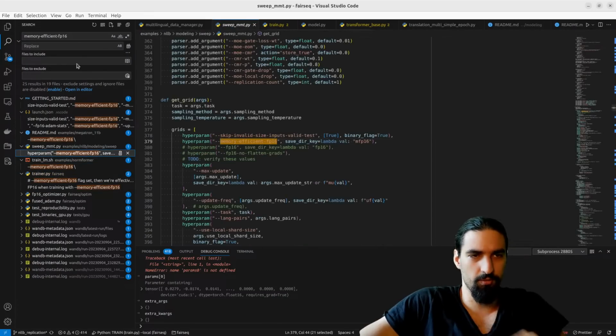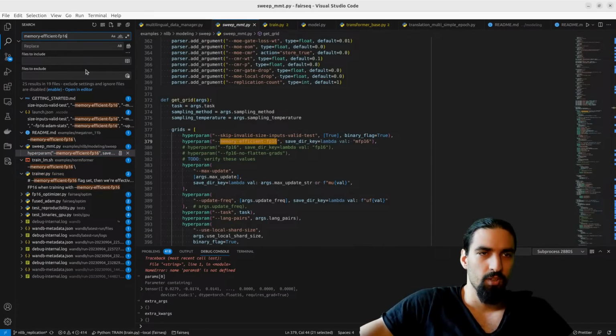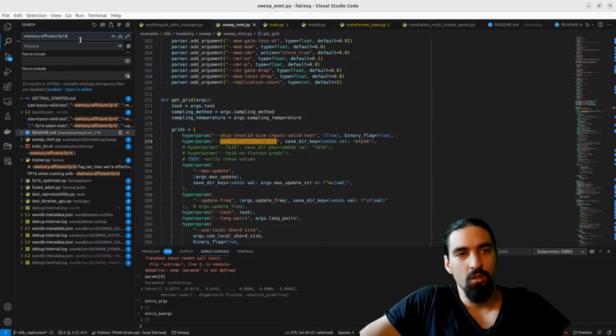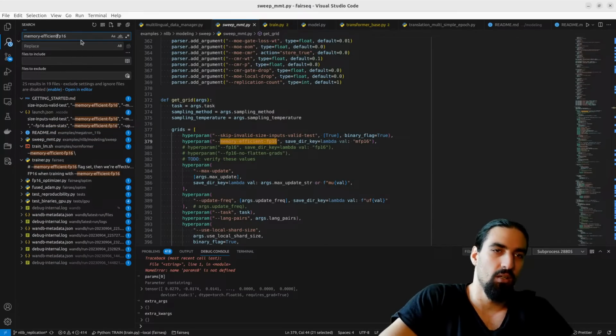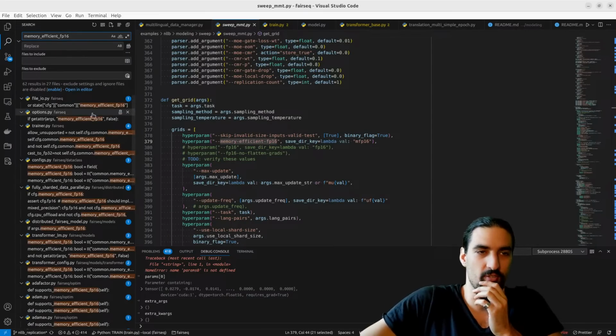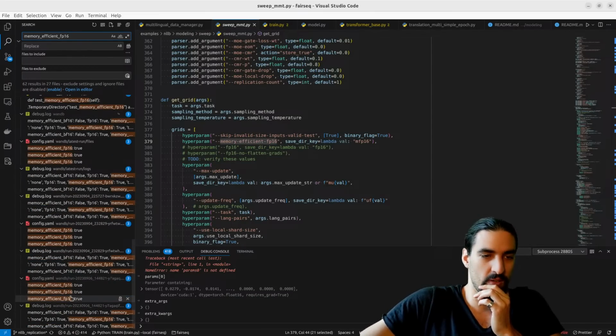Memory efficient. So we saw that a part of this is just loading the model in half precision. But isn't that just half precision? What's memory efficient? What's the main difference really?